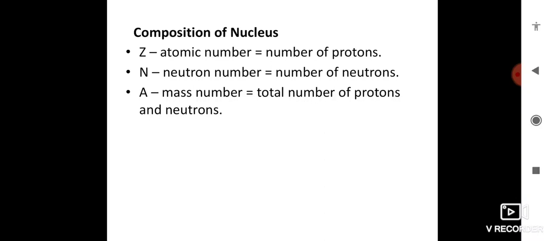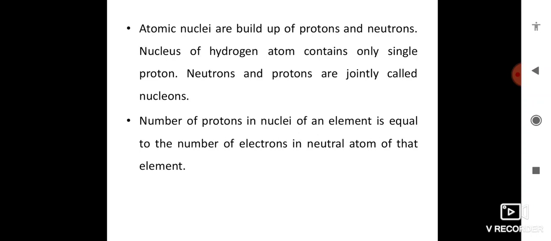and the number of protons is equal to the number of electrons, that is Z equals 17, the number of protons. And the number of neutrons is, here A, the mass number, is 35, the number of protons is 17, which gives 35 minus 17, that is 18. So this is the concept related to the constituents of the nucleus.